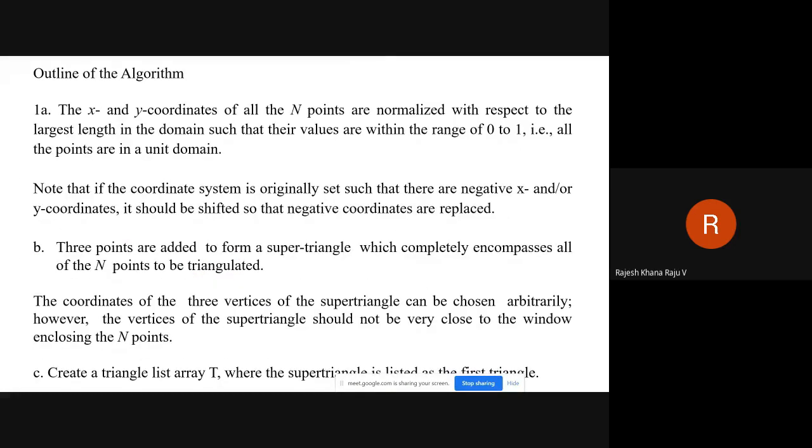Next class we will discuss the whole algorithm in line with this Delaunay method, because if I start now, I may not be able to complete it. So next class we will complete this Delaunay algorithm. Then we will go for finite volume in line with unstructured grid. If you have any doubt, you can ask me pertaining to this particular class.